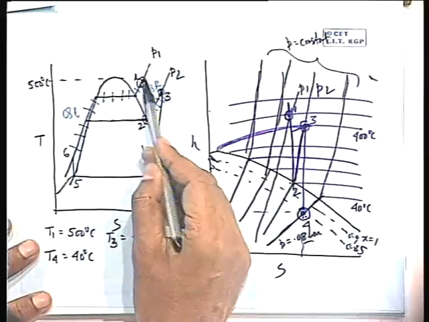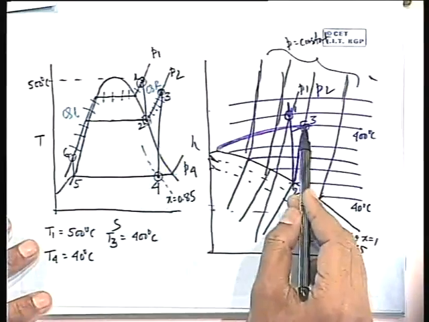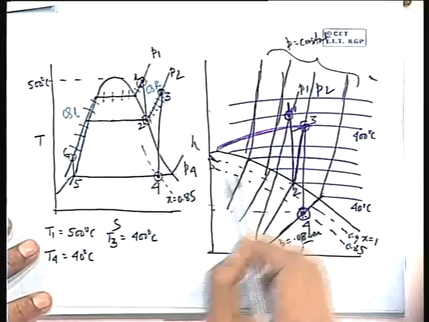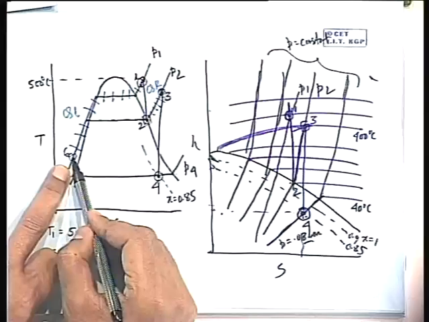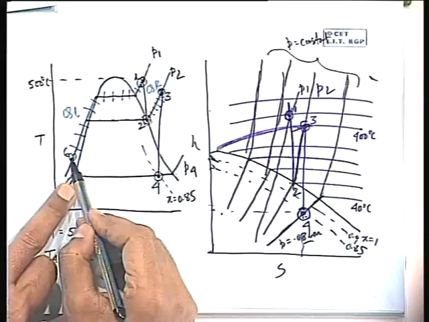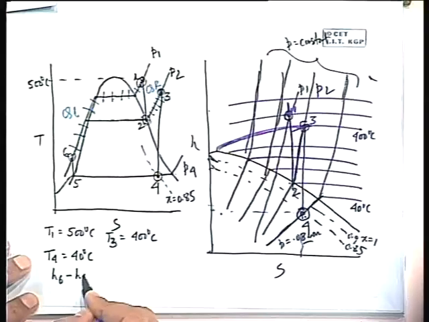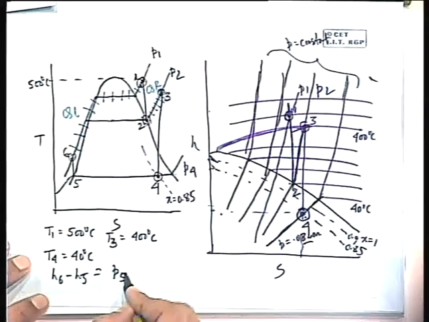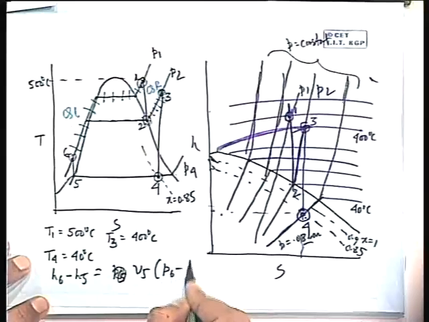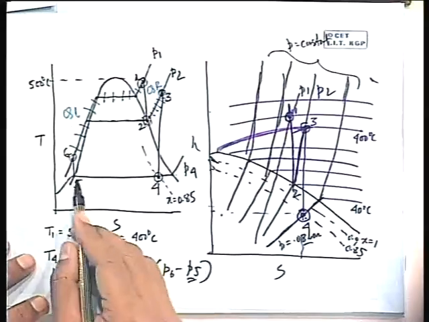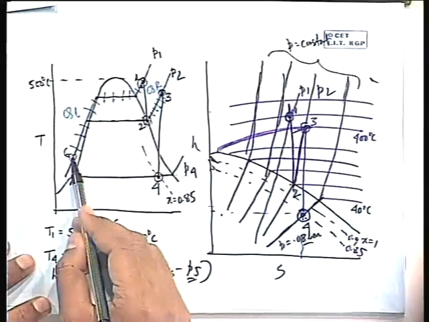Heat added is H1 minus H6 plus H3 minus H2. So H3 minus H2, H1 minus H6, which is not there in this diagram. This is very simple, you can find out H6 considering this pump work. I have already told that how to find out H6, because H6 minus H5 is V5 into P6 minus P5. P5 is the condenser pressure, that means the saturated pressure corresponding to this, and P6 is P1,